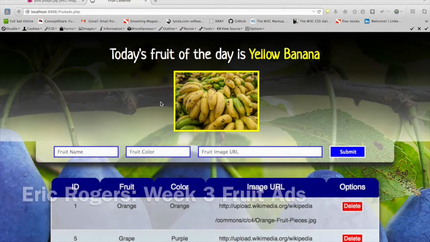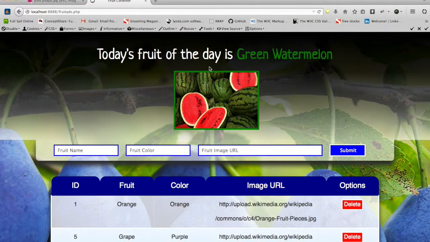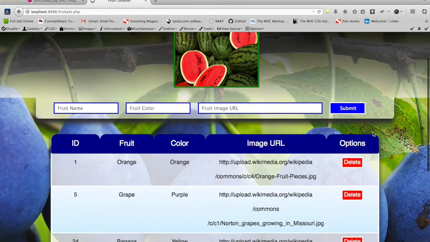For this week, we were to create a random fruit advertisement to build upon our week 2 assignment. And for my project, I placed my fruit advertisement above my form where the user submits new fruits. And this is completely random. If you click on the reload or refresh, it will actually change fruits and colors according to what you have